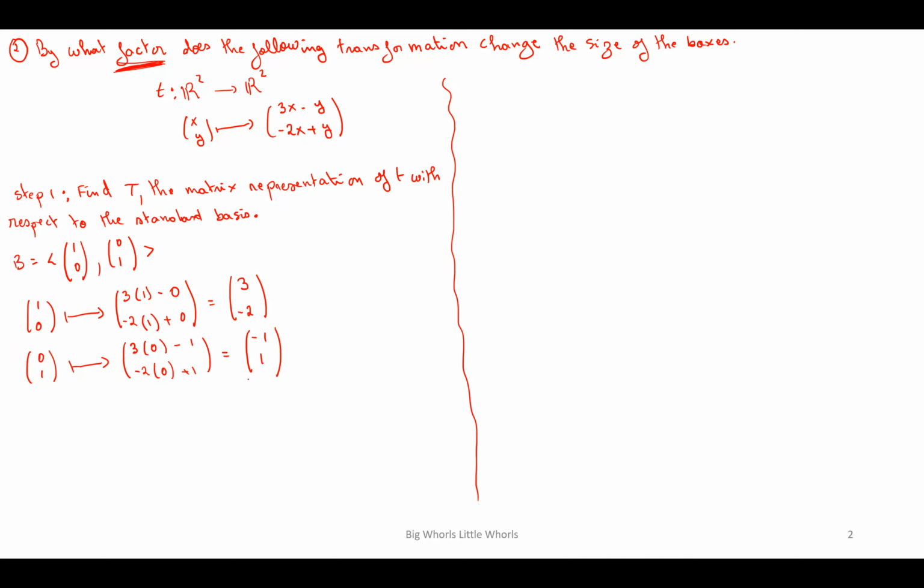And what is good with the standard basis is the fact that the representation